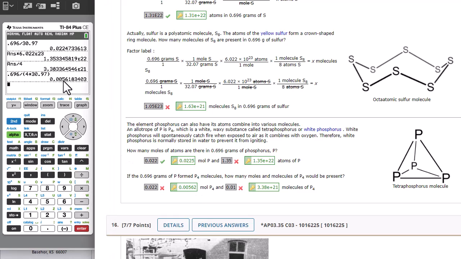And we would say, okay, there we've got a smaller number of moles because we now are dividing by a larger molar mass. The molar mass of P4 is 4 times 30, which is 120. So instead of taking 0.696 and dividing it by 30, we're dividing it by 120, which is the mass of this larger